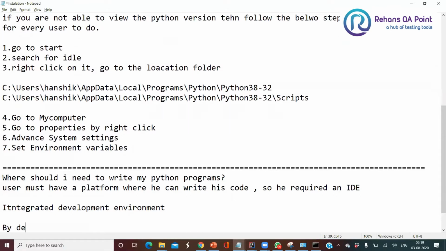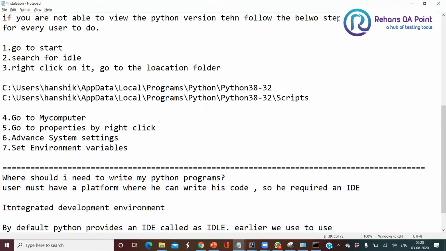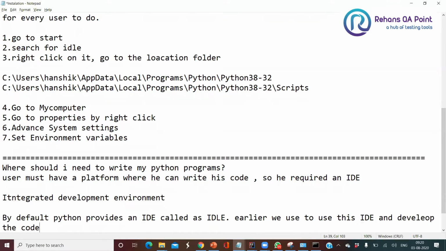So by default, Python provides an IDE called IDLE. So earlier we used to use this IDE and develop the code.